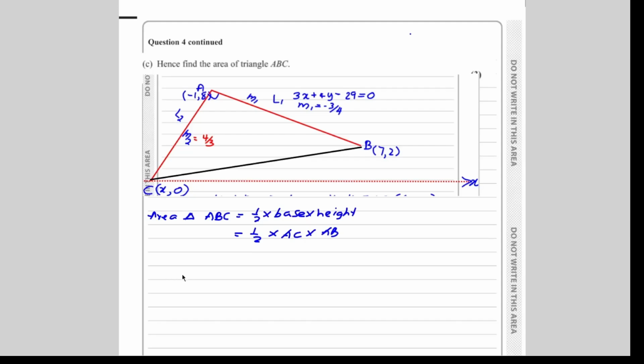So how do you get the length of any line? The length formula. How to get the length formula? So length equals, you should memorize the length formula. Length equals x2 minus x1, the whole thing squared, plus y2 minus y1, the whole thing squared, the root of whole thing. Then AB equals